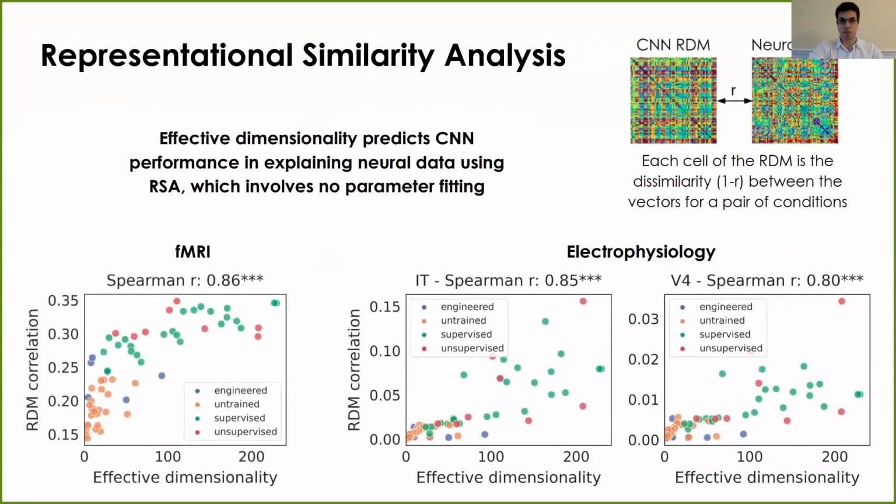Now, one possible skepticism of these results is that they may have more to do with the statistics of linear encoding models than with the brain. It's not unreasonable to think that higher dimensionality means more features, and that more features trivially leads to better regression performance. So to address this possibility, we also measured the quality of the CNNs as models of visual cortex using representational similarity analysis, which involves no parameter fitting at all. Here we're again showing the correlation between dimensionality and performance, except that performance on the y-axis is measured using RSA. But despite this difference, we still observe a strong relationship very similar to before. So our results aren't just a natural consequence of fitting regression models.